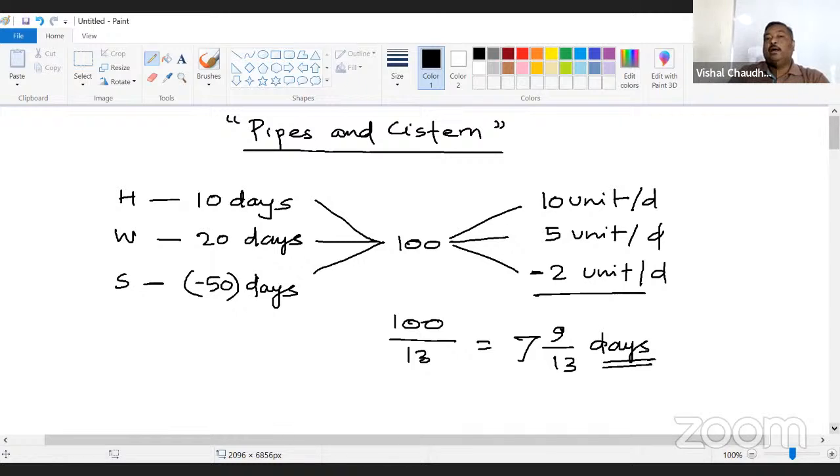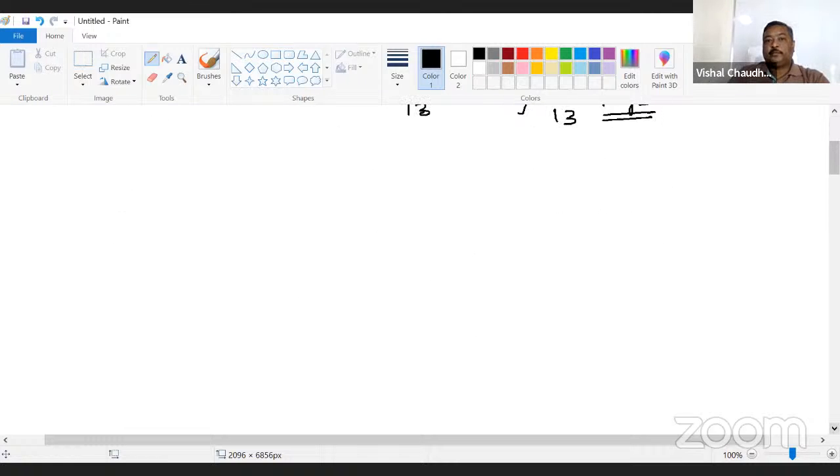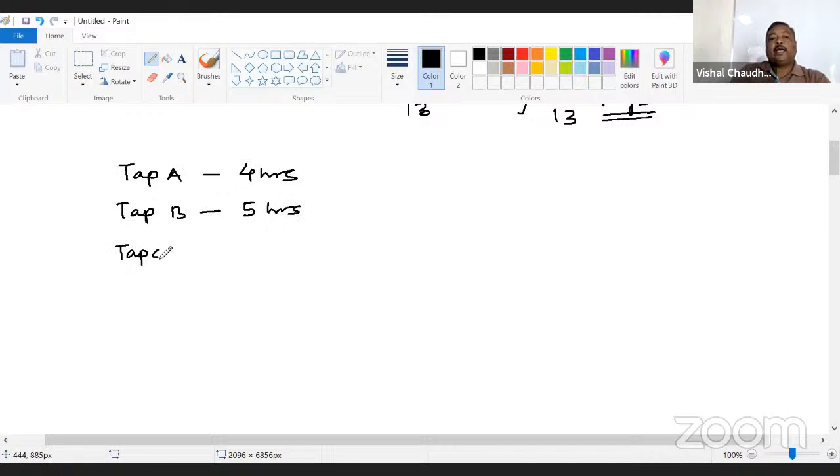अब इसी चीज को आप पाइप्स एंड सिस्टर्न्स के कॉन्सेप्ट में समझिए। मान लीजिए टैप A है, can fill it in 4 hours, एक सिस्टर्न एक टैंक को भर सकता है 4 आवर्स में। टैप B है, ये 5 आवर्स में भर सकता है। और टैप C है जो एक आउटफ्लो पाइप है, ये आउटफ्लो है, या फिर इसको आप इनफ्लो या इनलेट बोलिए। ये लोग टैंक में पानी डालेंगे, ये टैंक से बाहर निकालेगा।